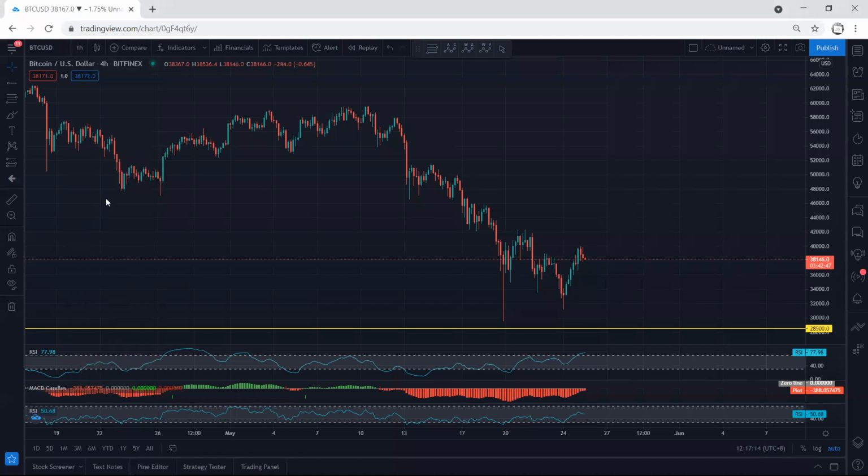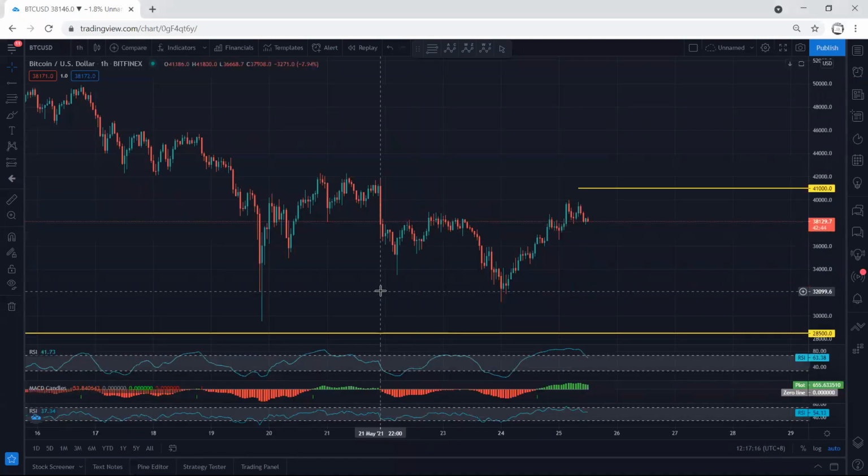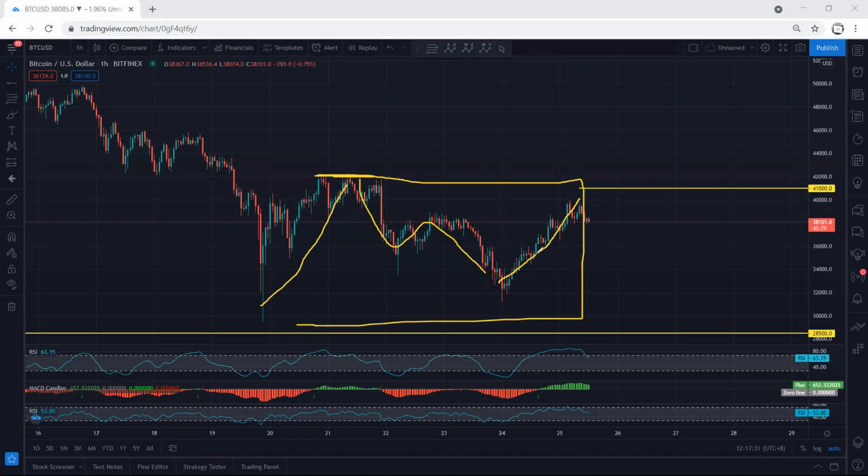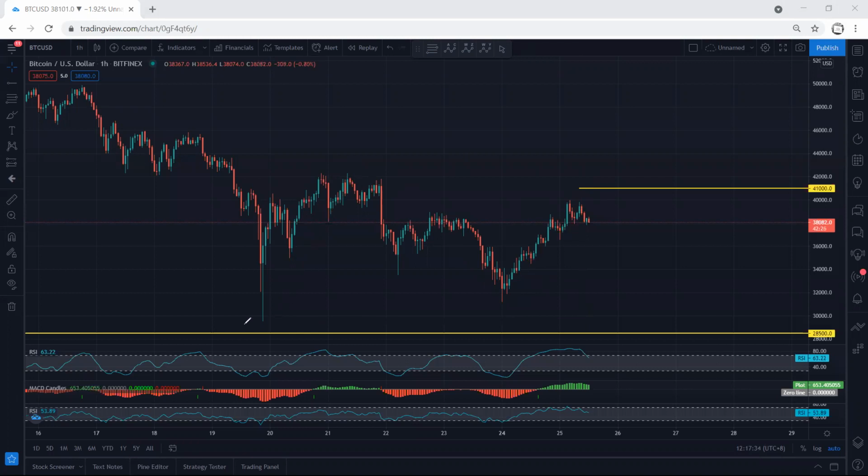In this case, if I move to the 1 hour chart, you want to see how we can look at this one. Can we put this one as the internal correction, and this is the start of the up move? Right. In that case, this move has to retest that 42K because we want to see the flat. Either we put this one relative to this, or this is the start of the up move and this is a correction. We're looking for the flat. We don't need to care what type of flat that is. The best thing is if the price can take 42K, but right now we cannot look for buy because we want to get a bigger correction before we take the trade.